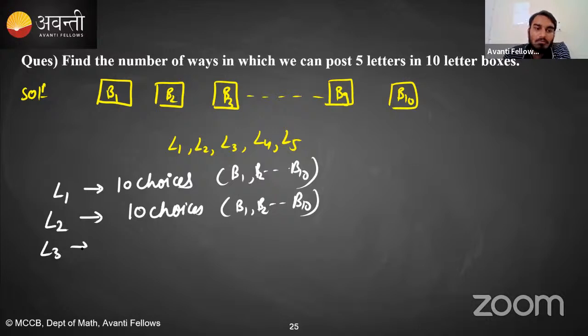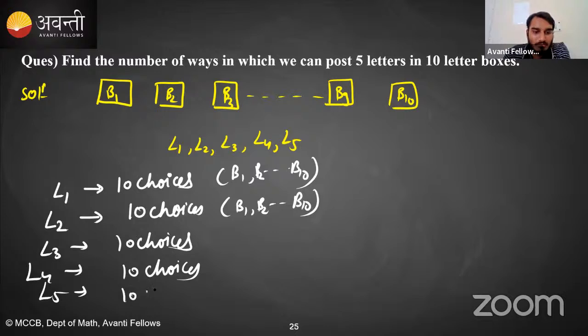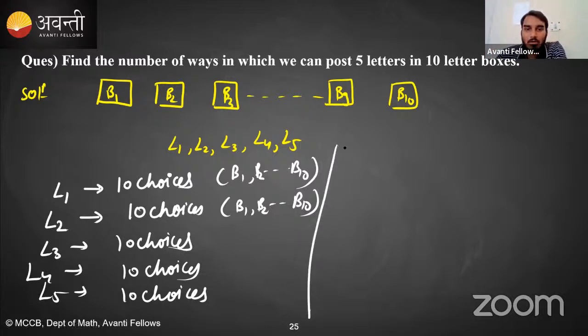Similarly, letter 3 also has 10 choices. Letter 4 also has 10 choices, right? And letter 5 also has 10 choices. Clear? So now tell me how many ways they can be posted. The question is saying that we have to post 5 letters, right? So the total number of ways are